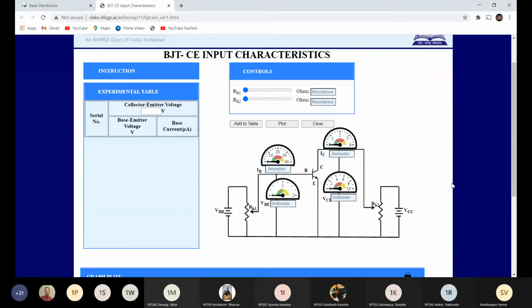Why is this circuit called common emitter? Yes, students, tell me. You can unmute your device or you can write the answer in the chat box. Why is this circuit called common emitter configuration?